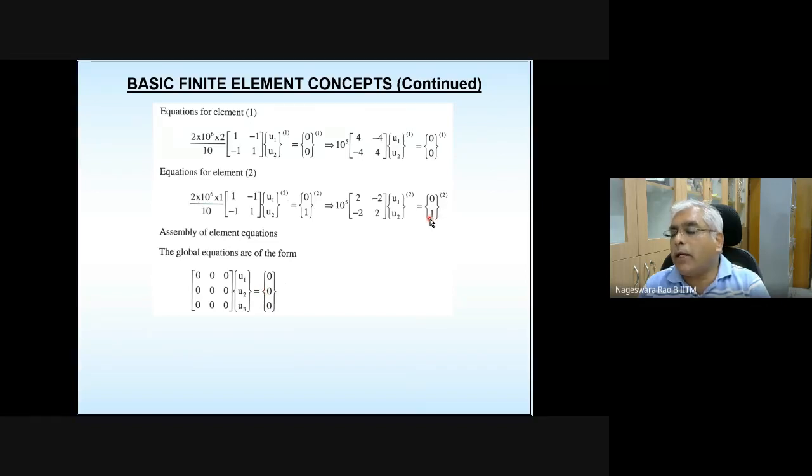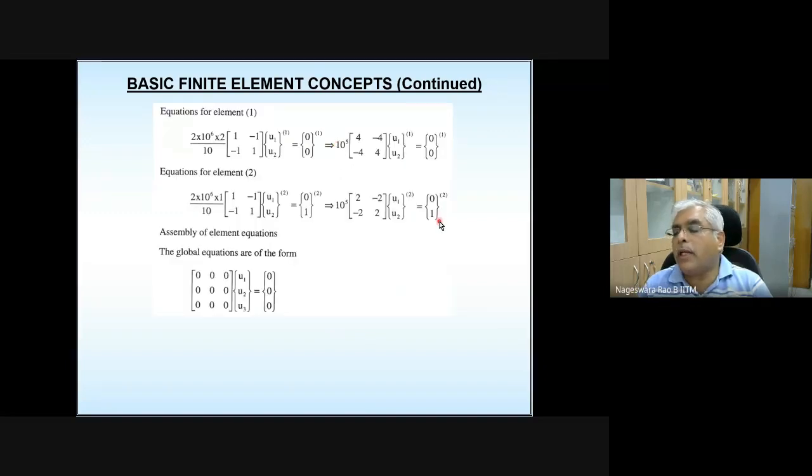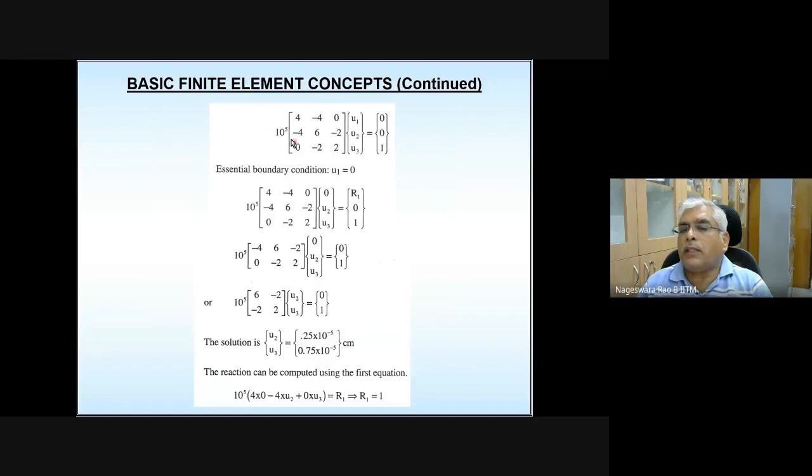And please see here, it is positive +1. Why is it +1? Because the applied force is acting in the direction of the axis that we assume. Suppose this load is compressive, if instead of the load being applied like this, it is acting towards this stepped bar, then it's going to be -1. Here it's going to be -1. Okay, so with all that explanation, you can easily write the global equation system. The global equation system looks like this. So this is where we stopped in yesterday's class. So any questions here?